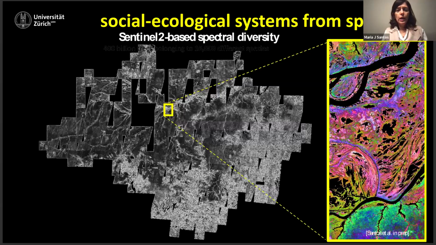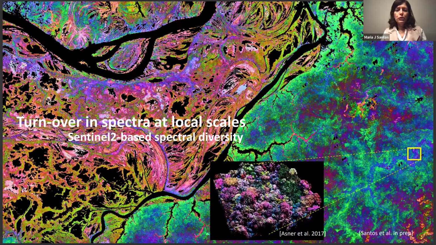So in the next couple of slides, let me present a vision of how we could potentially study social ecological systems from space. Let's say we will be able, not so far away from now, to map, for example, here's a map of spectral diversity mapped with Sentinel-2 data. Next, please. Which we also can use to estimate turnover in spectra at the local scales, and with the emergent technologies and the different missions that we've heard a lot about, we start to see the trees, the functions, their structure, and we then, next please.